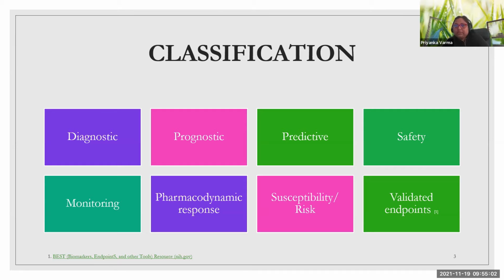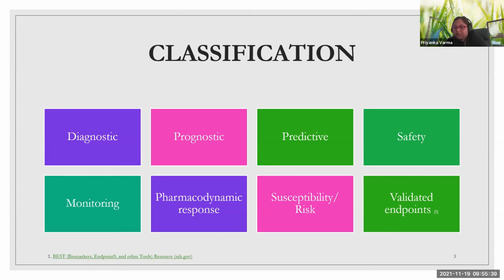A biomarker that indicates the potential for developing a disease or medical condition in an individual who does not currently have clinically apparent disease is a risk biomarker. For example, again, BRCA1 and 2 mutations can also be used as risk biomarkers to identify individuals with a predisposition to develop breast cancer. Or infection with certain human papillomavirus HPV subtypes may be used as risk biomarkers to identify individuals with a predisposition to develop cervical cancer.